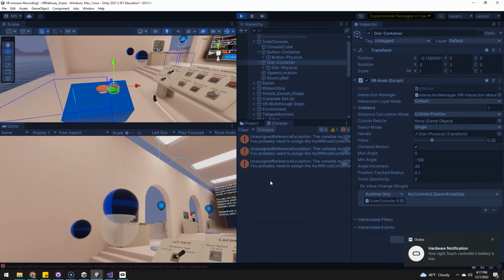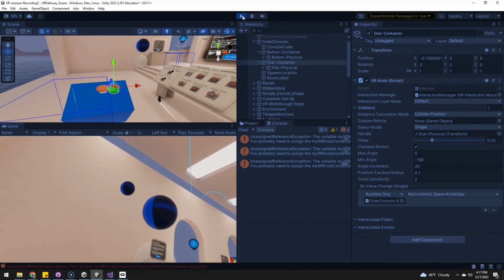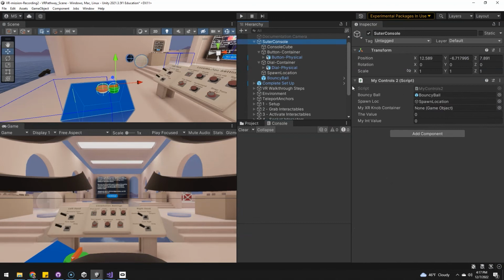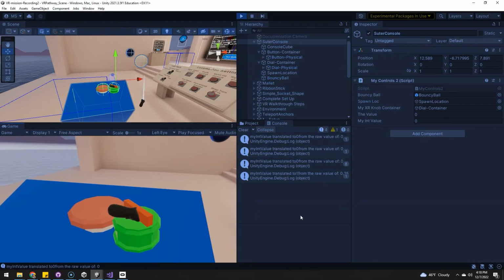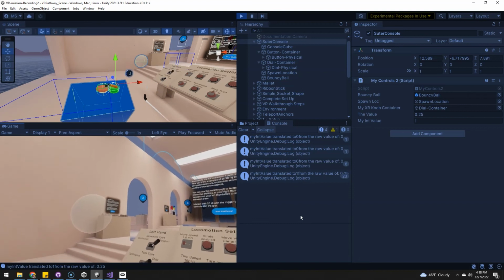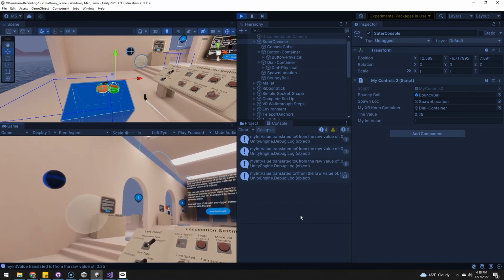Oh, rookie mistake. Rookie mistake. Don't forget, you need to tell it what these things are. So the my dial container, knob container is that, and that will allow it to grab those values. Whoops. Let's try that again. Okay. Now, if we move it up one click, my int value translated, there it is, to 1 from a